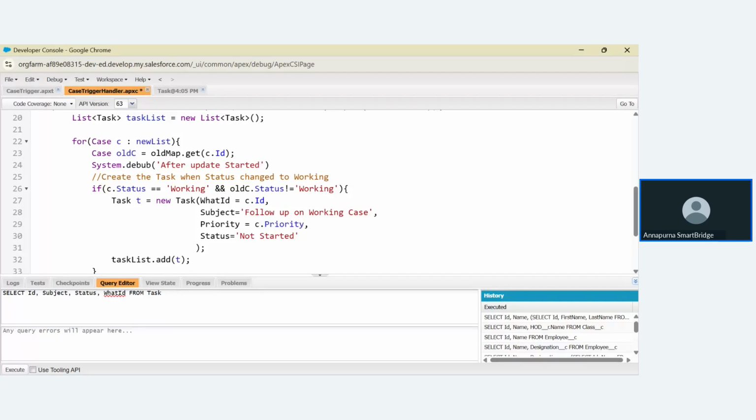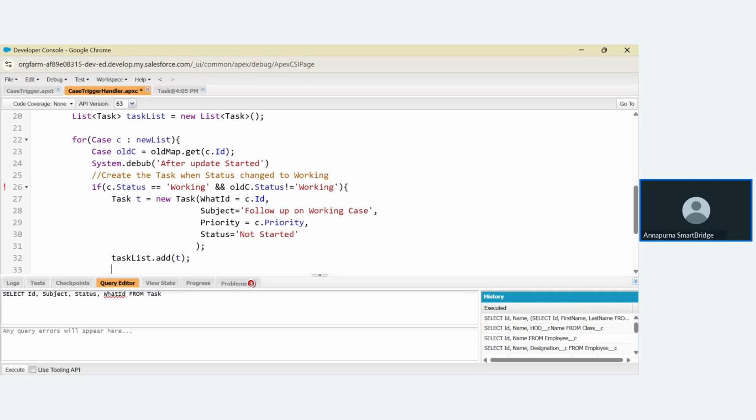Now here we fetch the status is old, and okay, it's working or not working after this only. Then I'm printing the, okay, I'm using the, sorry, debug,